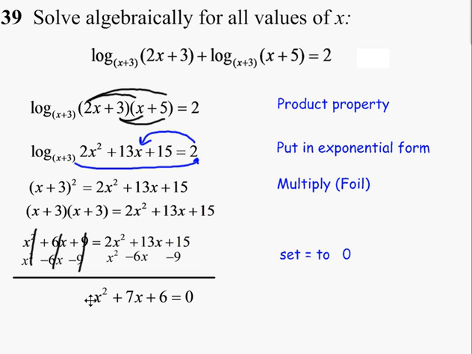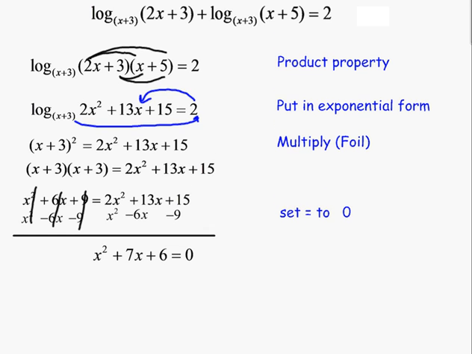In case you're wondering why I decided to move everything from the left side to the right side, the reason is that I prefer to keep the x squared positive. If I moved everything on the right side to the left side, I would have gotten a negative x squared, and it could get a little messy that way for some students. So that's why I moved everything from the left to the right, to make sure this stays positive. Now you just have to factor that out,